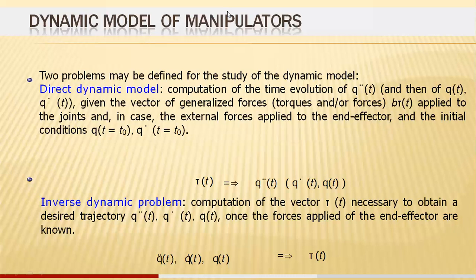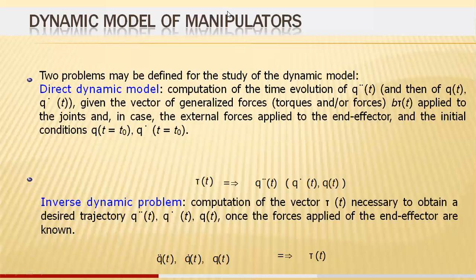Coming to the direct dynamic model, this computation of the time evolution, denoted with respect to q double dot of t, q dot of t and q of t, is given the vector of generalized forces or torques that have been applied externally over the joints,